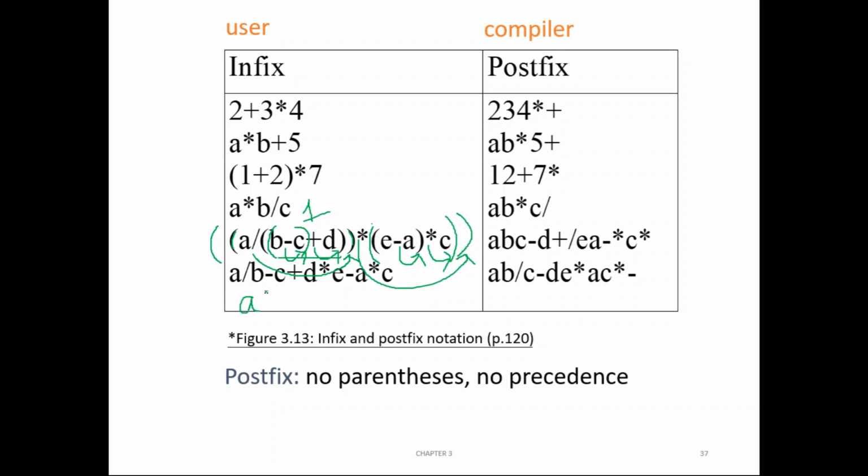A B C, this minus is replacing this bracket, so minus. Okay, then D, then plus. Okay, plus is replacing this bracket. Okay, then slash is replacing this slash, then E, then A, again minus.